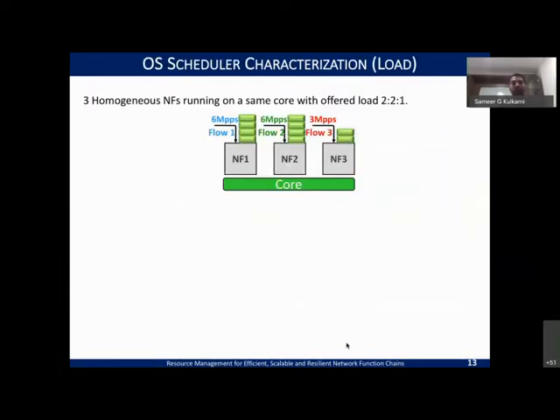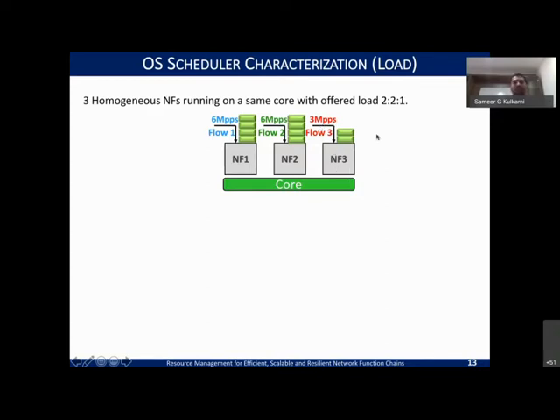So we try to do these experiments on our test bed and see what happens if we run different network functions, let's call them dummy network function 1, 2, and 3. From the network function perspective, they have a requirement that they are going to serve some flows, and the flows will have some rate at which the packets are going to be served. The figure here shows NF1 and NF2 serving about 6 million packets, while NF3 just needs to serve around 3 million packets per second.